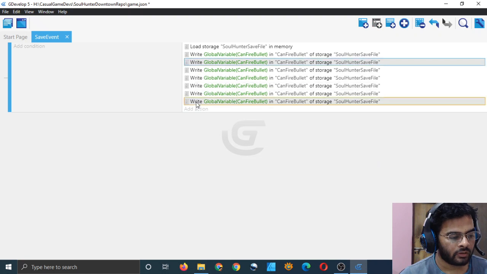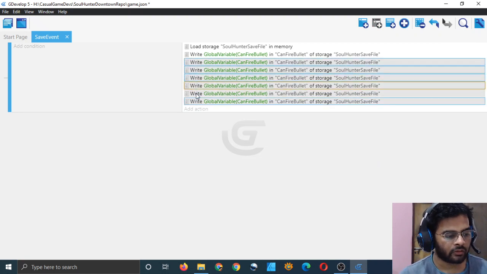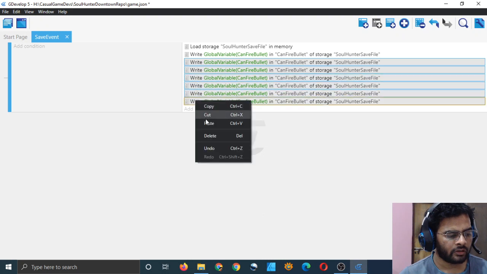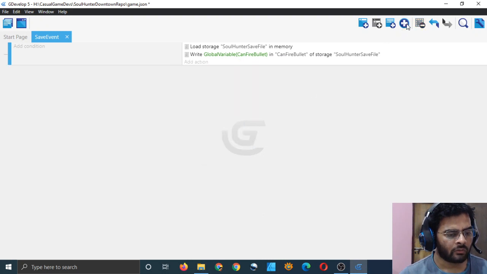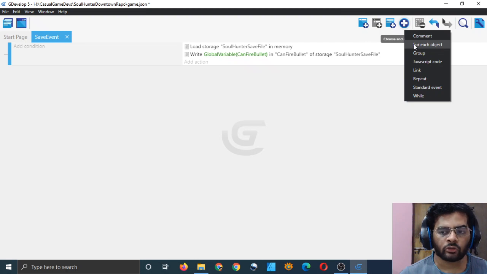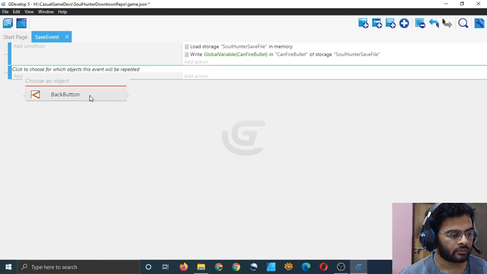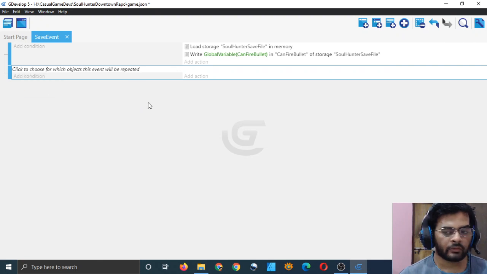So let me just delete them by shift selecting all of them and delete it. I wonder if I can do something for each object. Click to choose for which object this event will be repeated. Okay, are you serious? I cannot use my variables. Okay, that's a kind of a limitation.